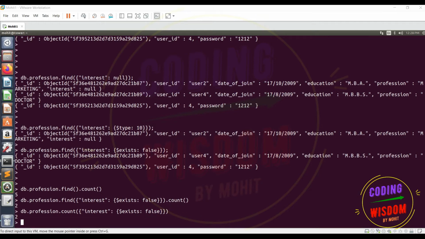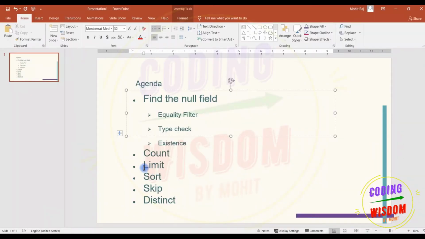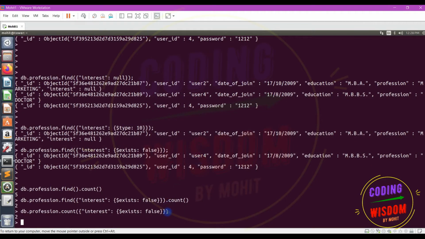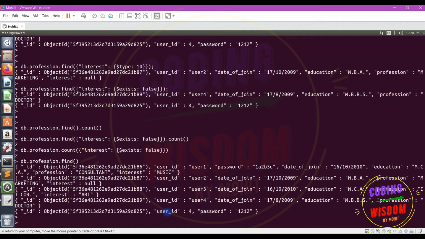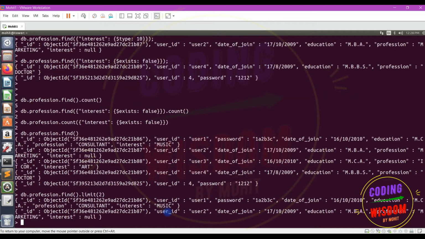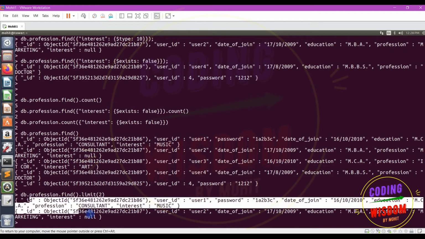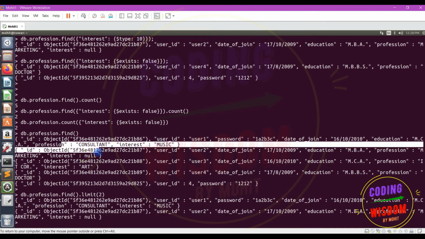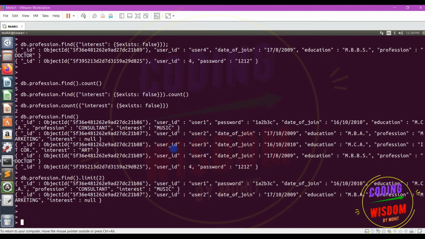Next thing, limit. Limit means consider I'm getting 5 records, 100 records, 1000 records, but I need only 2 records. So I'm using limit 2. So now I'm getting the upper 2 records, meaning the first 2 records, right?